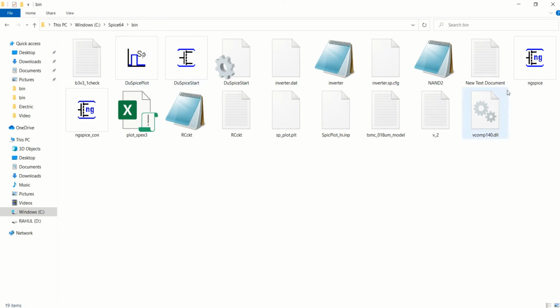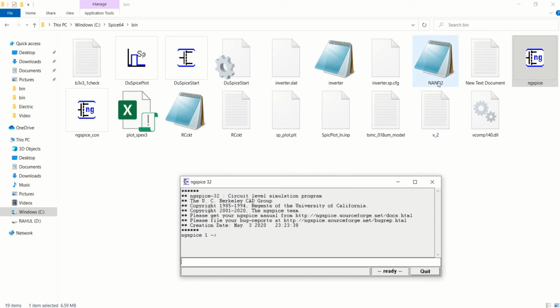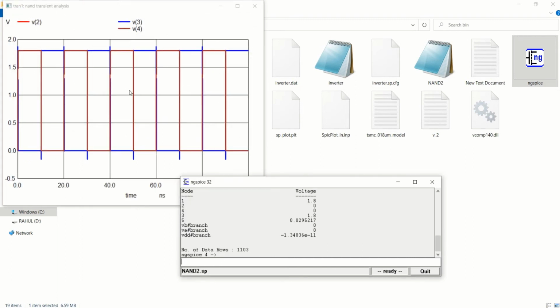In that, you open the ngSpice and you can see the NAND2 which we have created. First I'll load the file by using listing, or source nand2.sp. So it shows the output waveforms.